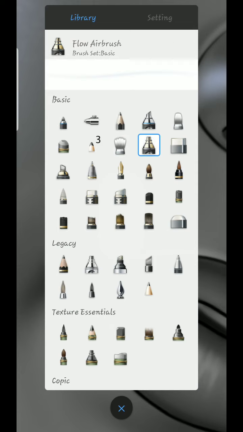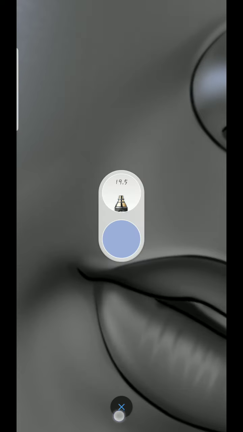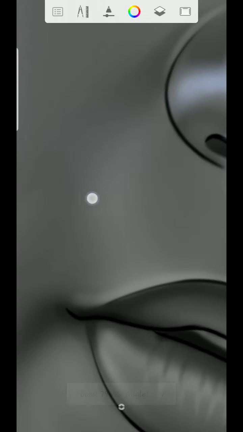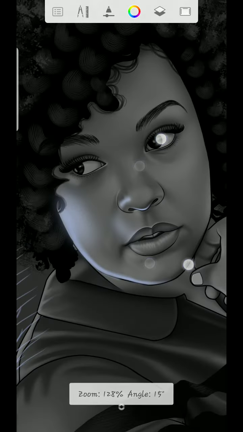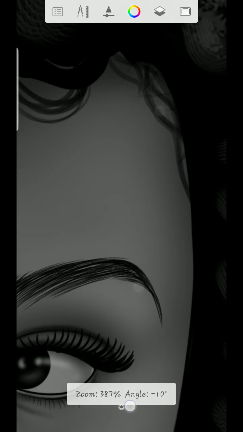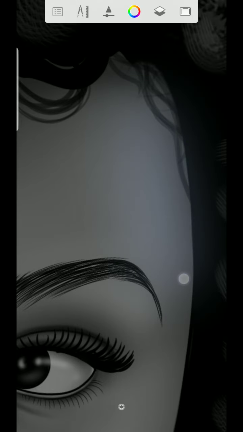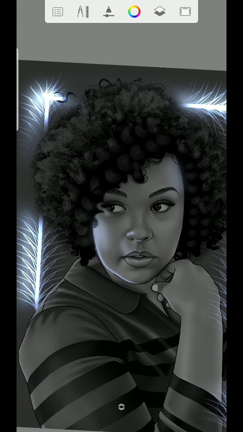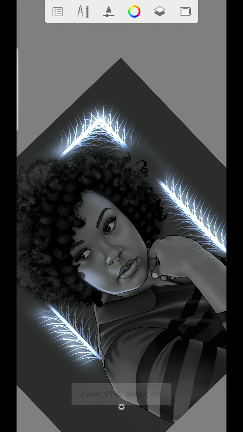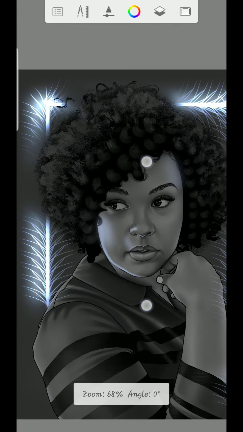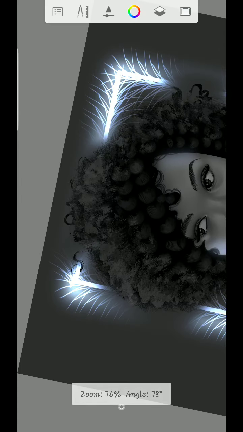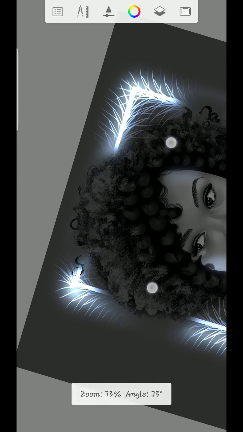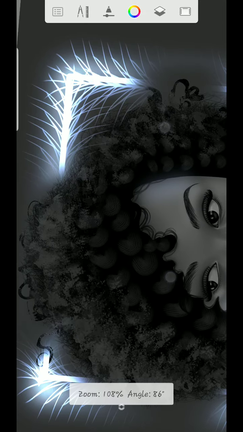So I'm going to use the flow airbrush, then add this line right here, then add some here, and I'm going to add some